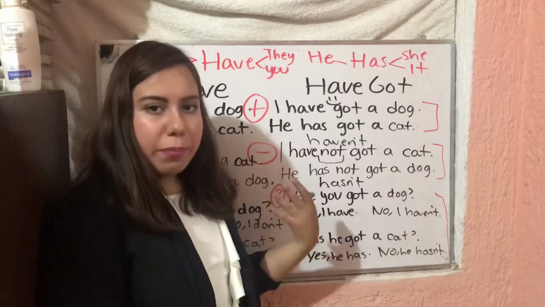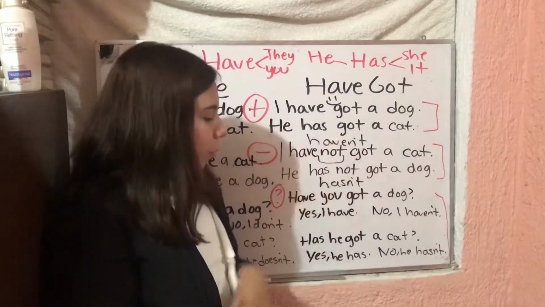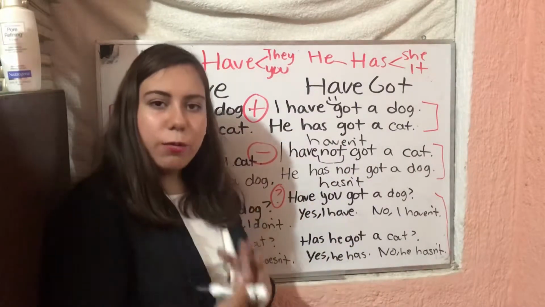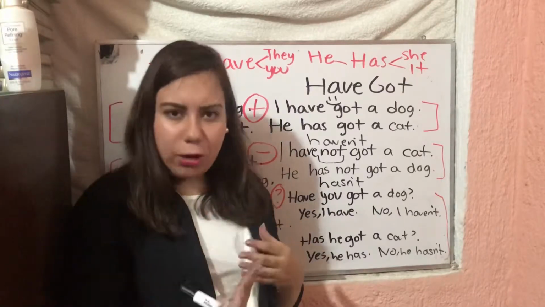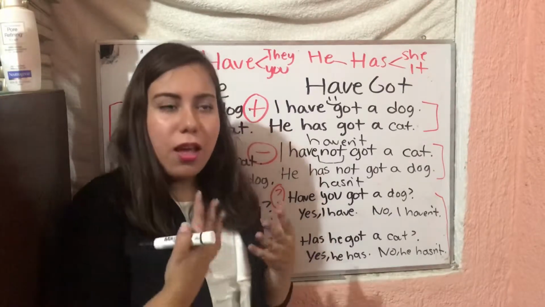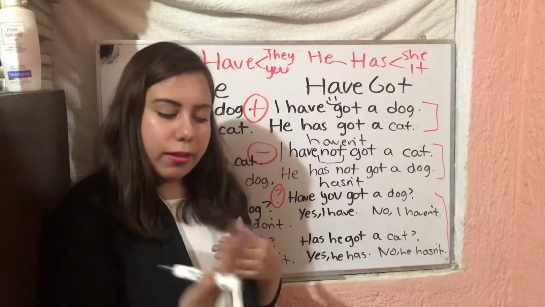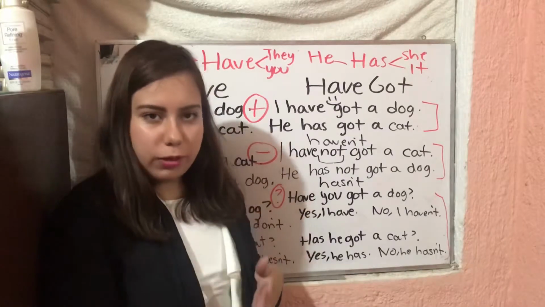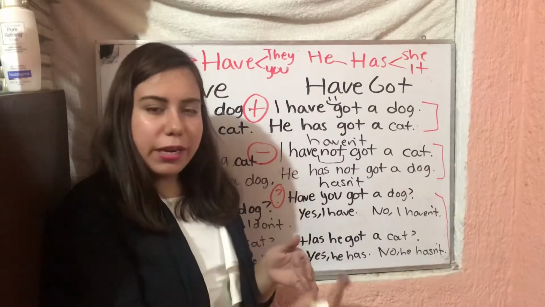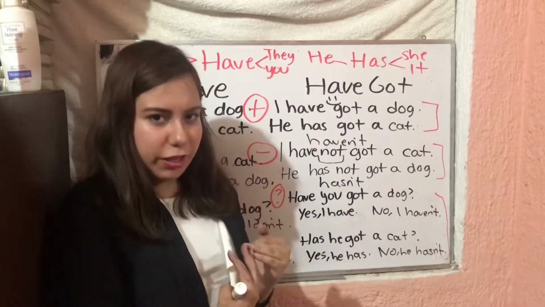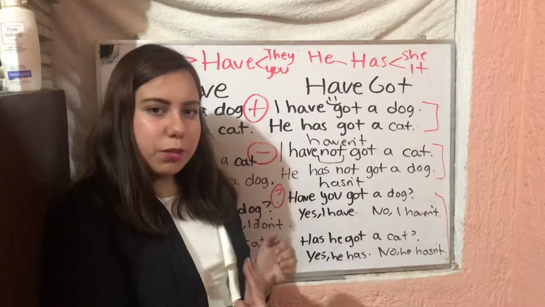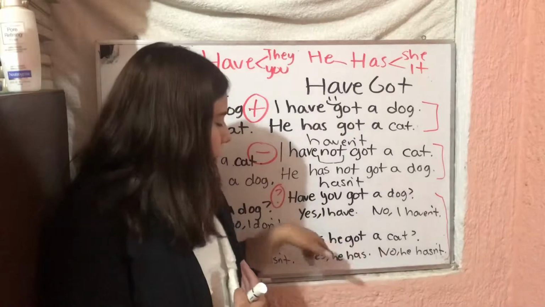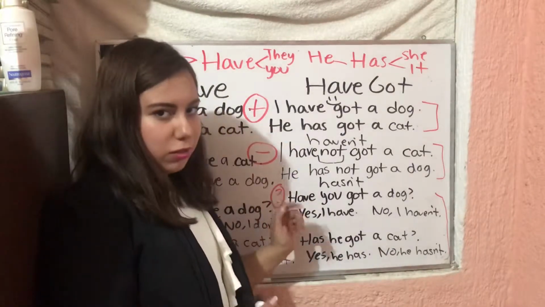Okay? So going back to the concept of this being like a little relationship, sometimes in a relationship, you have doubts, you have questions. Most of the times when you start to ask questions about your relationship is because you let somebody in between you. Let's say a subject, okay? So when you let a subject between you and your loved one, you're going to start to have questions, okay?